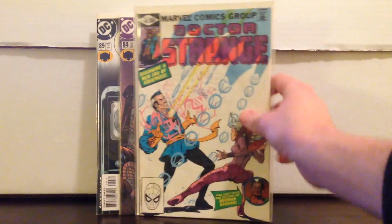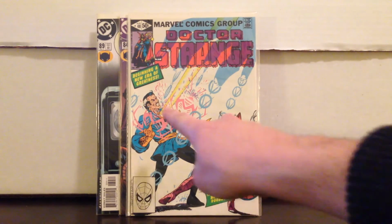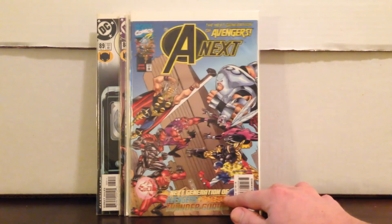Here's a good one that I'm putting a few bucks in: Doctor Strange number 48. First meeting of Doctor Strange and Brother Voodoo, from what I can find. And Brother Voodoo is going to be in the Doctor Strange movie. So, from what I can find, this is the first time the two of them are in the same comic book. Found an A-Next number 10,